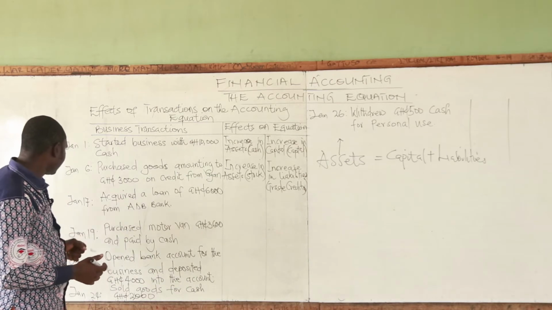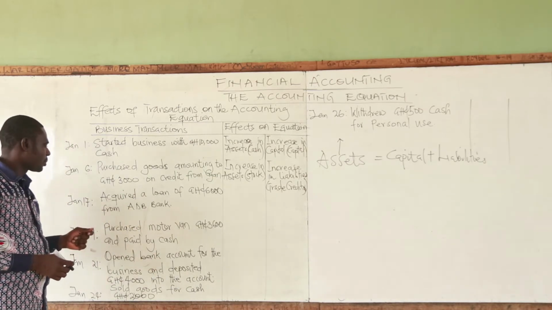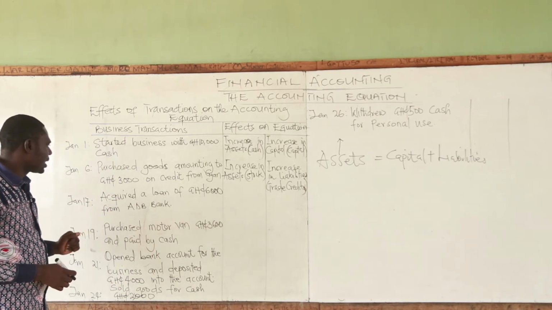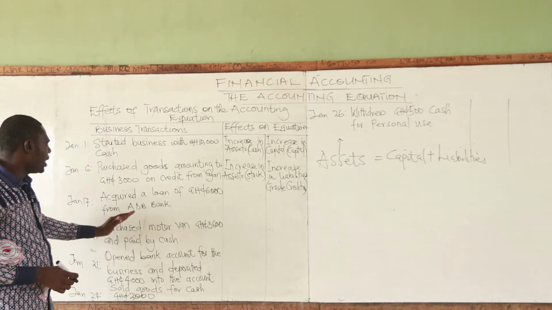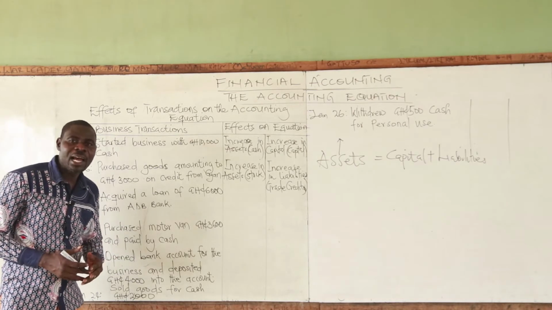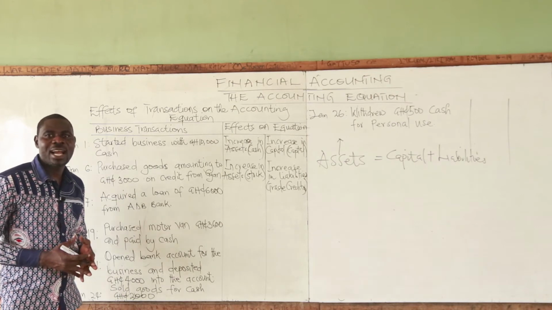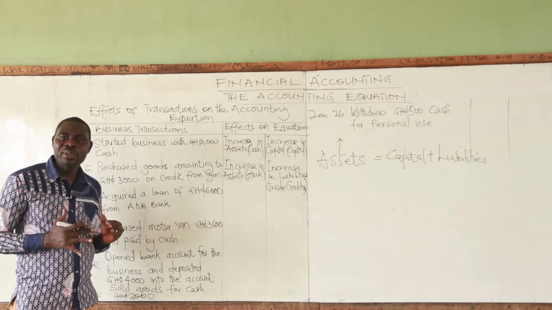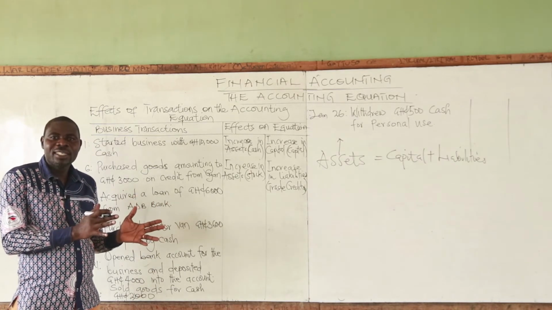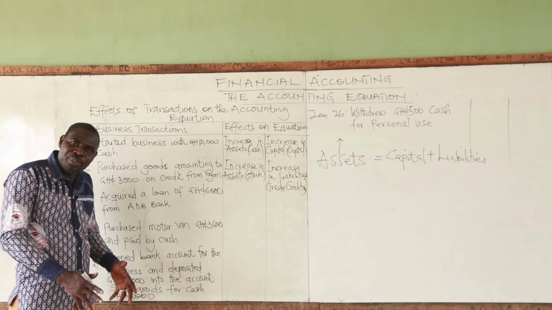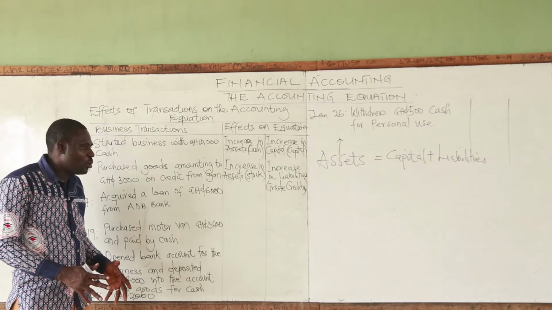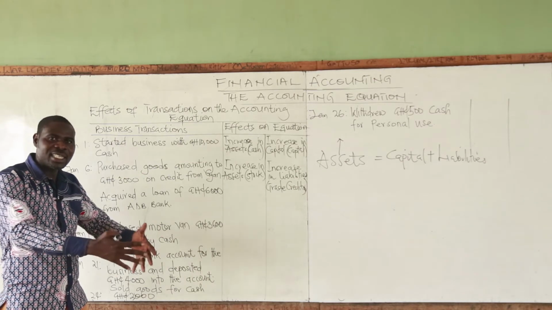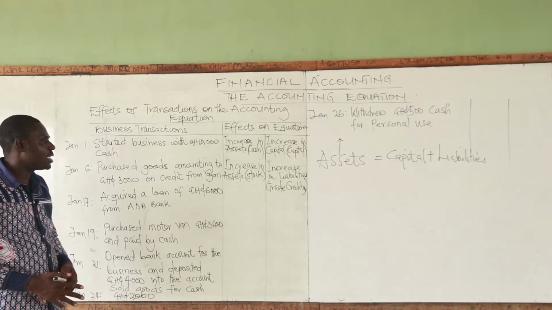Now, let's look at 17th January. What happened? Acquired a loan of 6,000 Ghana cedis from ADB Bank. Now, the business has acquired a loan. Note, it is not the owner of the business who has acquired the loan. The loan is for the business. So the loan is not coming from the owner of the business, but it is the business that has acquired the loan. And when the business acquires the loan